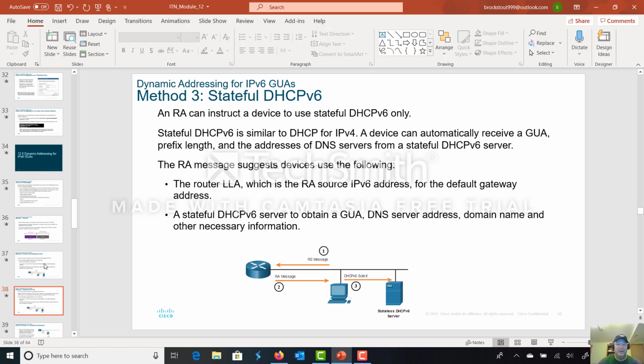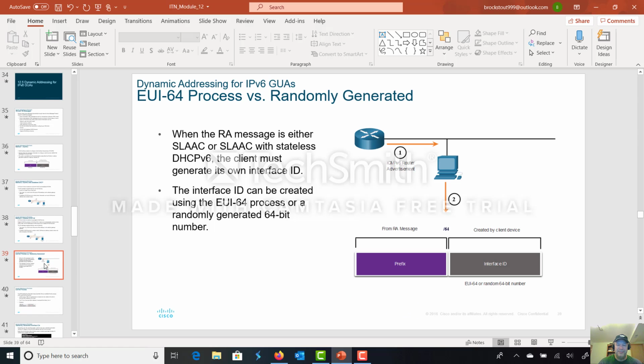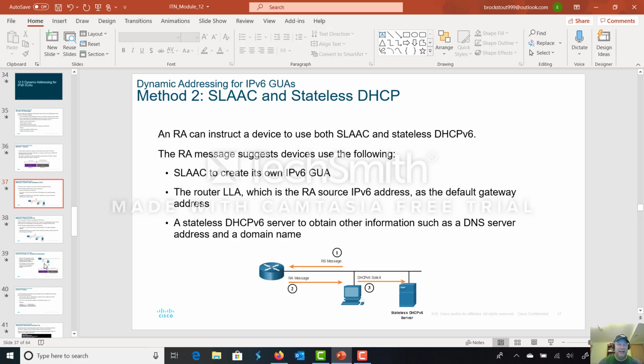Stateless auto configuration with DHCP. This is really the last thing that I want to get into as far as this chapter goes. And what it comes down to is this. If you think about IPv4, in IPv4, your DHCP server is going to give you an IP. It's going to give you a subnet mask. It's going to give you a default gateway, and it's going to give you a DNS server. Okay. Now in IPv6,